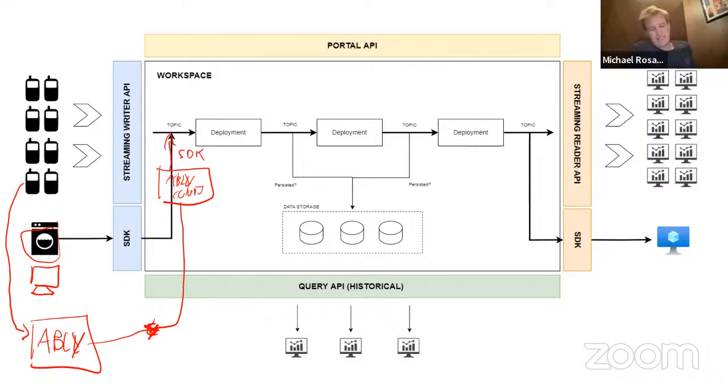Patrick, at the end of the day, there's no one size fits all. So even other users of Quix use things like IoT Hub from Azure or from AWS. So I guess there are other use cases about whether you choose Ably or Azure IoT Hub or Quix SDK or Quix Streaming Writer, correct?